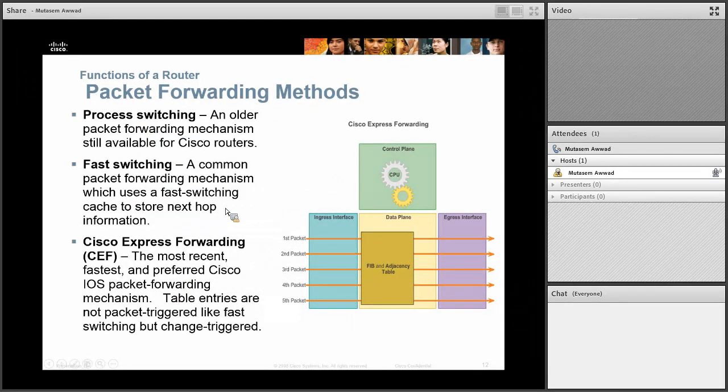Right now, packet forwarding methods. There are three different packet forwarding methods. This is process switching. This is an older way of looking up the packets. You've got a packet coming into the ingress interface, and then I look up the routing table and send it out of that other interface. This is like